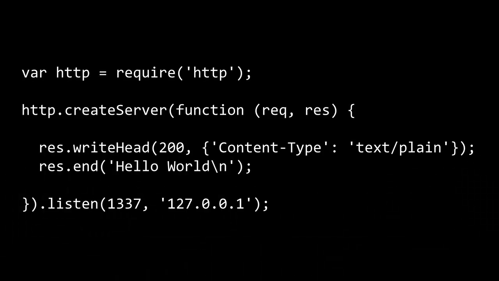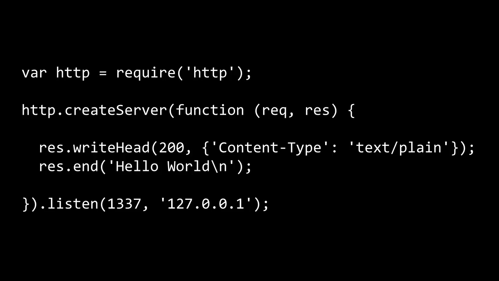For example, this code here is where most Node.js courses start. And it's awesome. It's a web server in just a few lines of JavaScript code. But the question is, while you could install Node and run this code and watch your web server start, do you really understand what's happening under the hood? Do you understand what's happening from a JavaScript perspective? All the elements and aspects of this code? That question is the one that will define whether you're imitating or you're understanding.